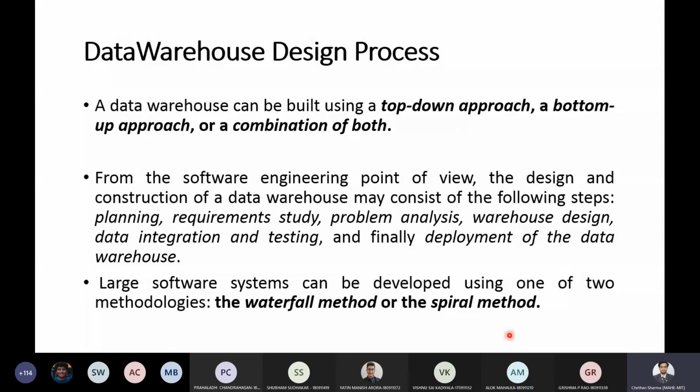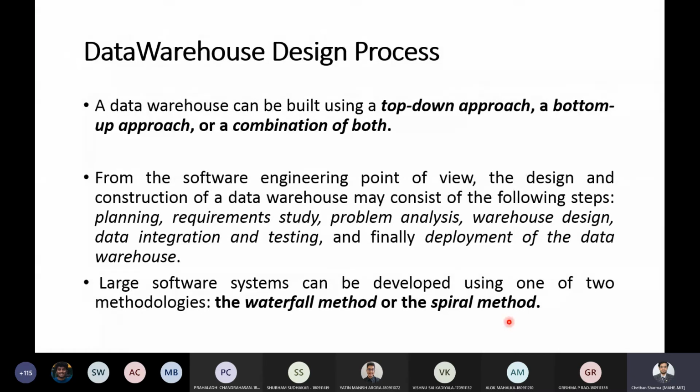Okay, so this spiral method is considered a good choice for your data warehouse development, especially for your data marts. Data mart, what is data mart? We have studied. So why is it a good choice? Because the turnaround time is short. Modifications, if any, can be done quickly. And also your new designs and technologies can be adapted in a timely manner if you use your spiral method.